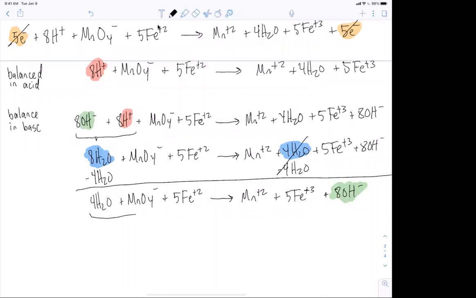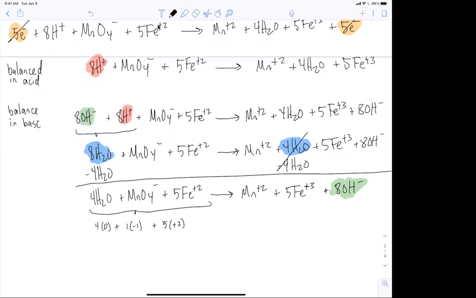What about our charges though? I'll do it explicitly. That's the word I was looking for. So I'll do it really explicitly here. I have 4 times 0 for the water, plus 1 times -1 for the manganate, plus 5 times +2 for iron. So that comes out to be what? 10 minus 1 is 9. And 0, this is silly to write out. 10 minus 1 is